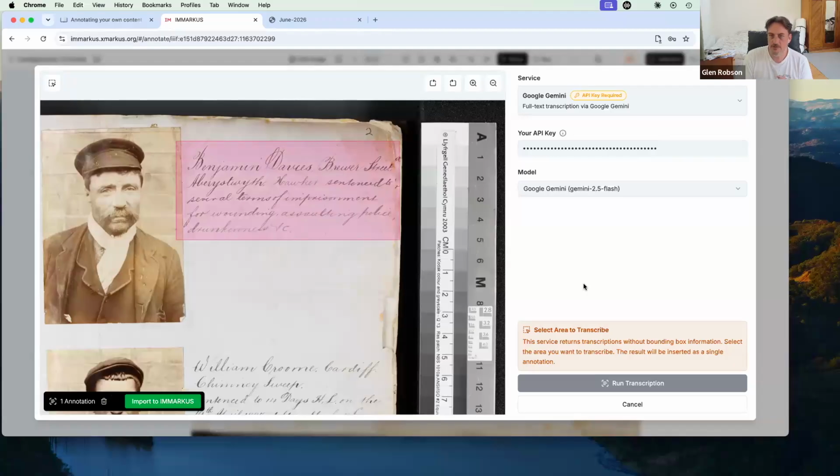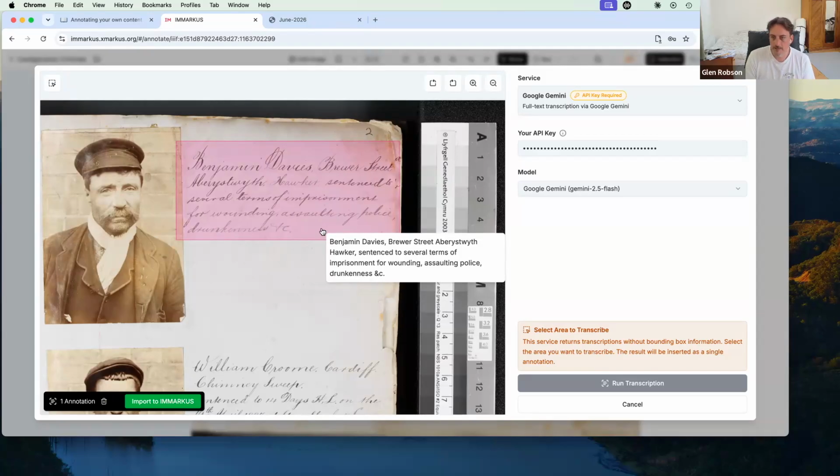So it's good to be able to use different models to test to see which is different. You can see the Gemini one has done a very similar translation. I've tried this with a number of different types of material, and Gemini at the moment is thought to be one of the best models for doing this sort of transcription. So it's definitely a good one to try. With the